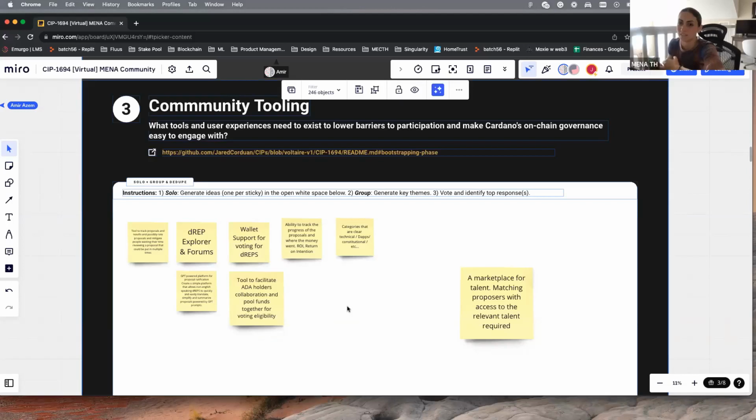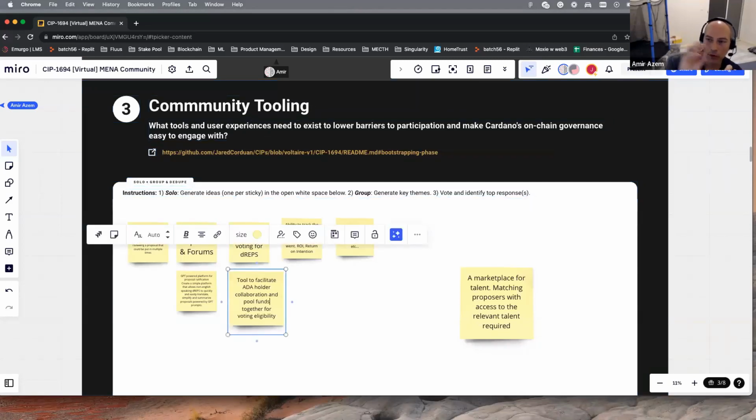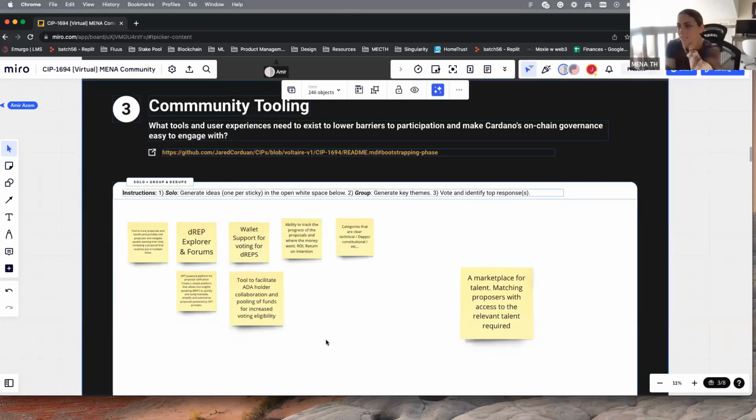For every type of decision, a main DREP who just decides, okay, I'm going to give my role for votes to this DREP because he knows how to answer these technical questions, then you pull it back and give it to someone else to submit for other categories, if it's governance or constitutional or treasury funds and related. Because I'd imagine there's going to be a lot of ADA holders that would want to partake, but let's say I only have 10 ADA, I know my voice isn't going to be heard, but if I can collaborate with other people and together we come as a unit and have an easy tool to do that, I think that would really drive participation.